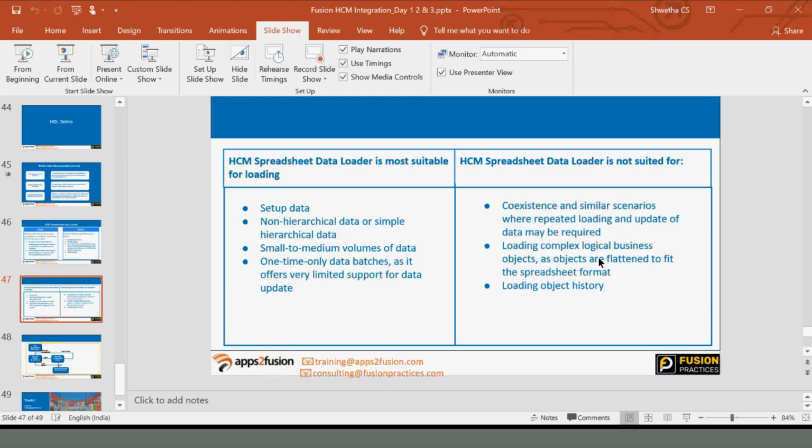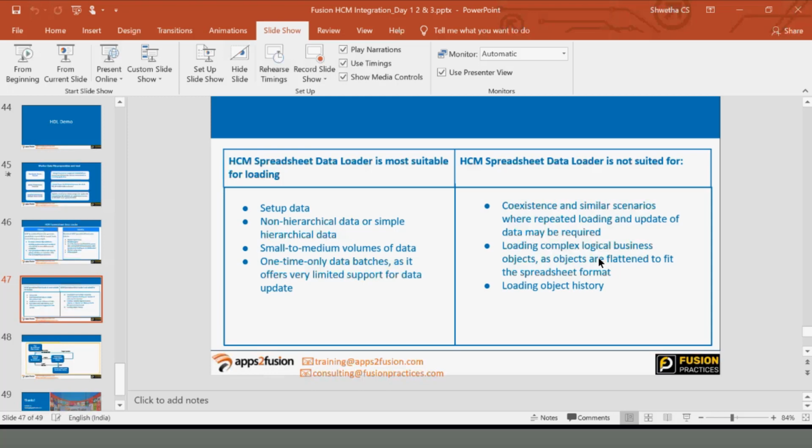If you have some 100 rows, or a very minimal number of rows, you can go with a spreadsheet loader. Otherwise we face many issues with Excel, because this is an Excel based loader, so the Excel gets hung or does not behave properly if you put in too much data. That's why we prefer to use this when we have a very minimum set of information.